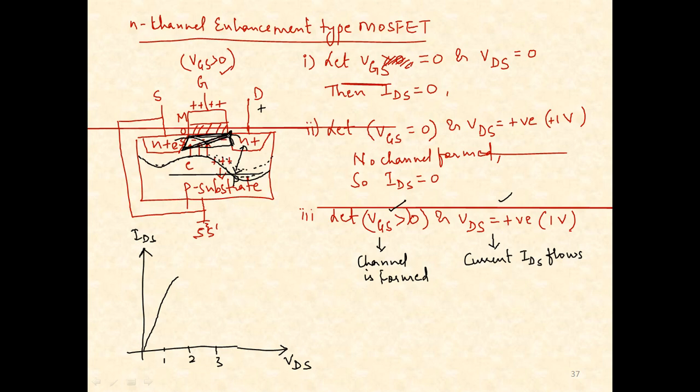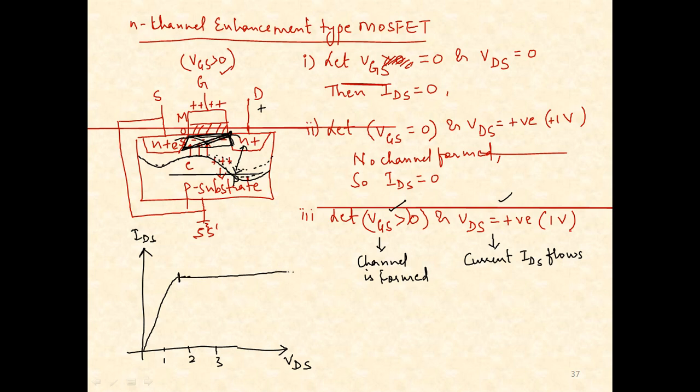Okay. So, this point is again called pinch off. That is the point, pinch off. And further, if VDS is still being increased, there is little space for the electrons to move from the channel into the drain. So, what happens? Due to the applied drain bias, the electrons gain a sufficient amount of kinetic energy and move with high velocities, but the current will be the same. So, this is called saturation current.